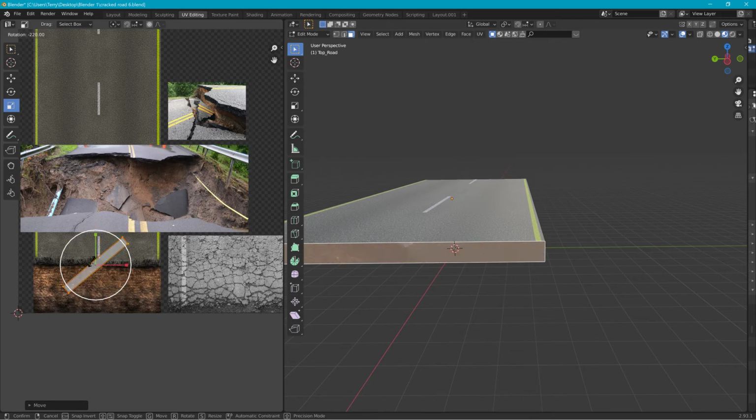I never did really figure out what made it do what it did. But as you can see here, I'm just taking and just trying to